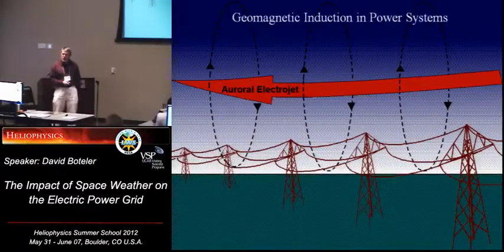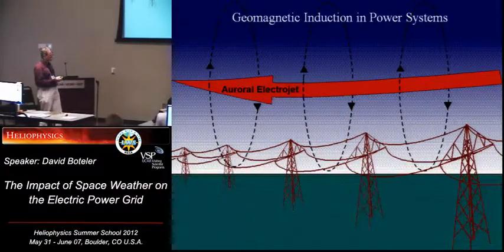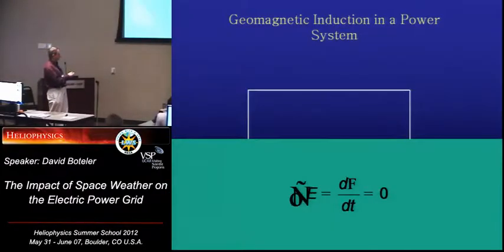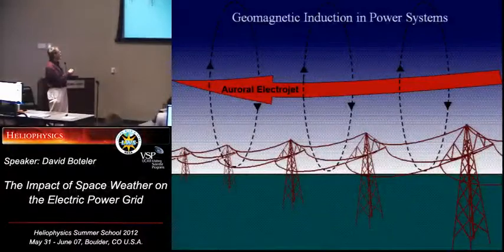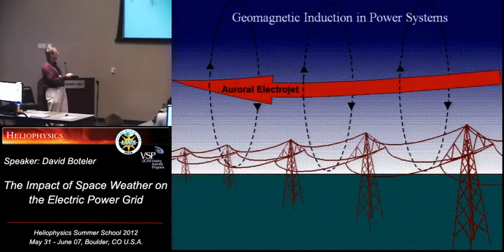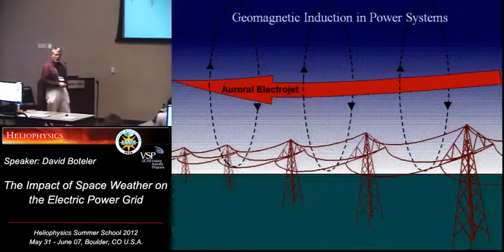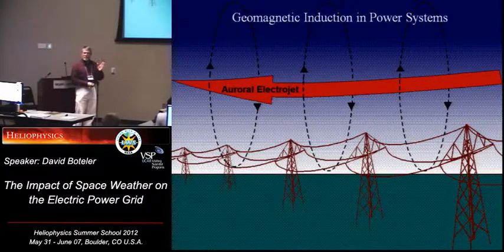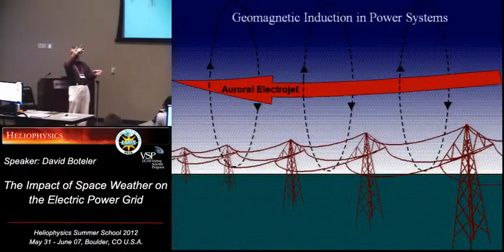So I'm going to now look at geomagnetic induction into an electric power system. The way we think of it physically is, you've got the auroral electrojet, that creates a magnetic field, varying magnetic field, that then is electromagnetically coupled into the transmission lines that gives you induction and induced electric field in the transmission lines. So the electrojet is east-west. The magnetic field around it is going to give you a north-south variation on the ground. Then that north-south changing magnetic field will give you an east-west electric field in the power system, in very simplified